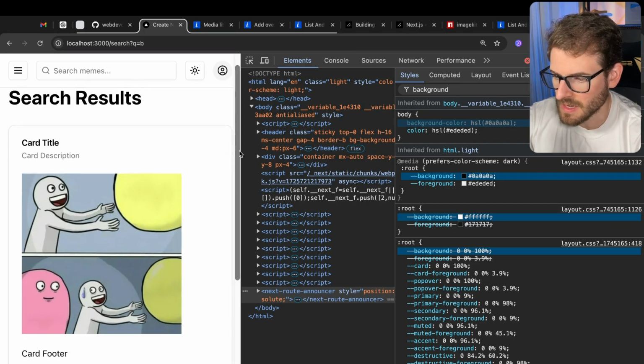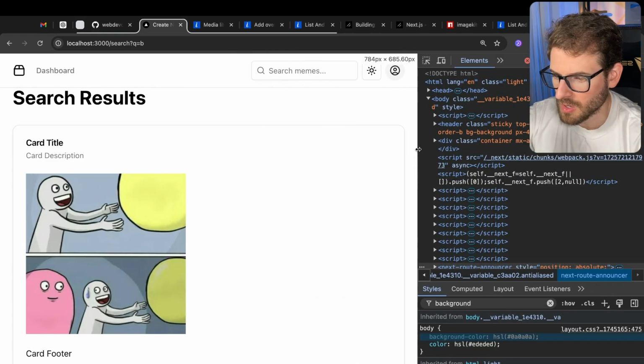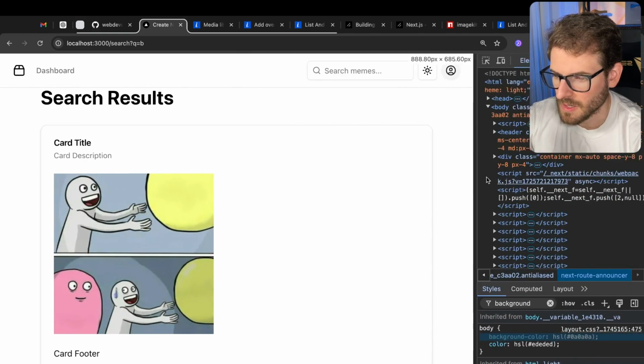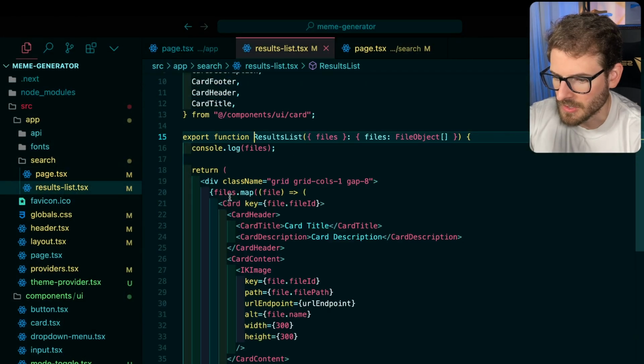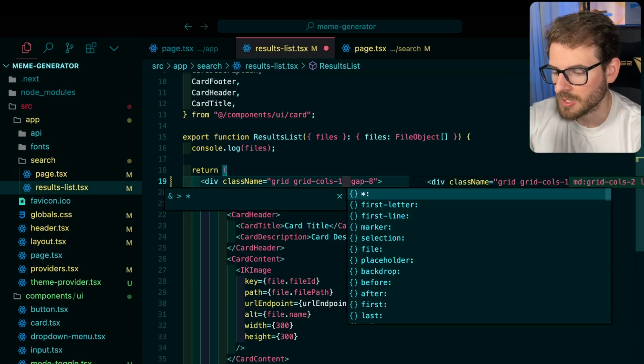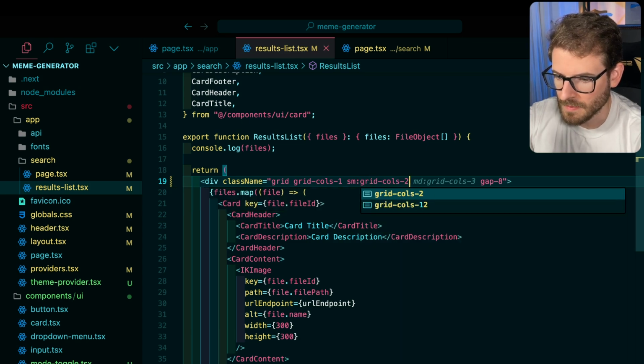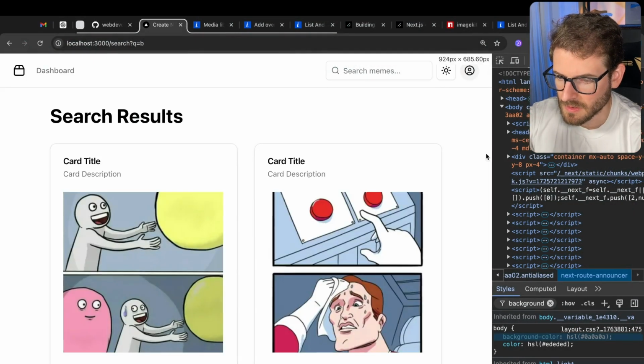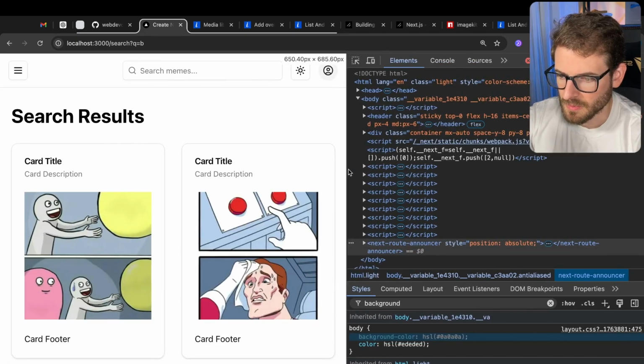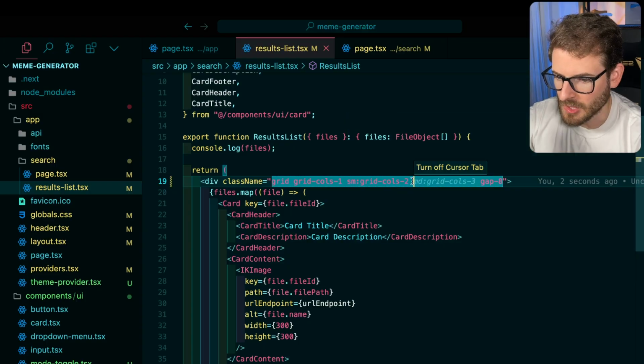And then as we scale up, we want to add more columns because right now it doesn't really do that. So now what we could do is go back to the results list. And as we're on larger devices, I could say sm colon grid-cols-2. Let's save that and see what happens. Okay, there you go. So it goes from 1, and then as we get to even larger screens, we could